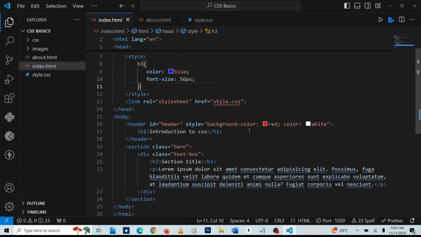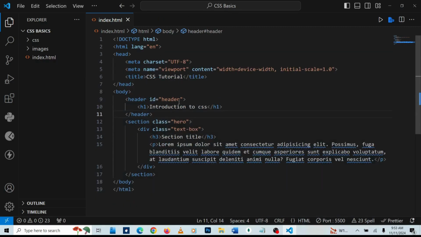CSS to our HTML. In this tutorial series, we'll be looking at CSS. And what is CSS? CSS actually stands for Cascading